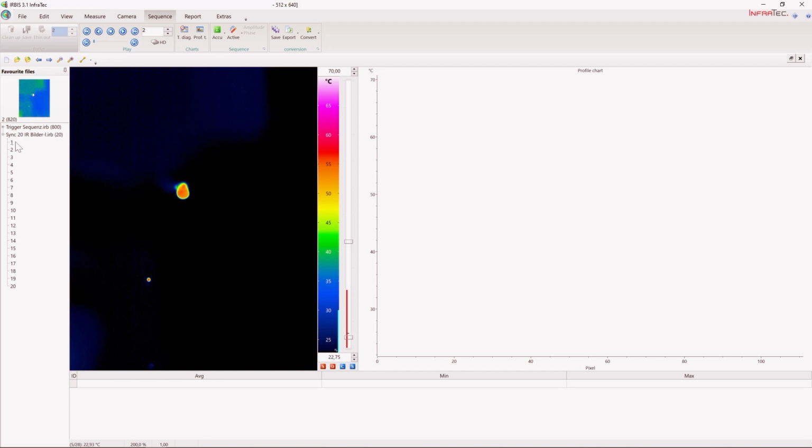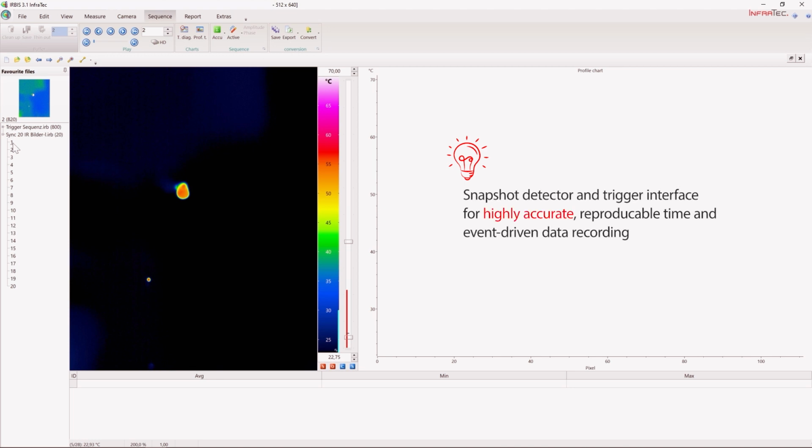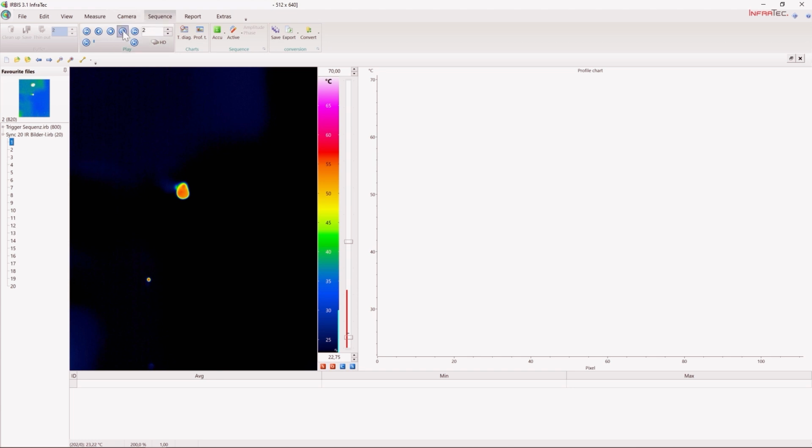Another situation is if I want to freeze the drop in the air at a certain position, and I want to freeze all the drops coming down on the same position. Therefore, we are using the optical sensor to synchronize with the camera, to tell the camera, make an image when the drop is coming, or when the sensor signal is coming. The result is that